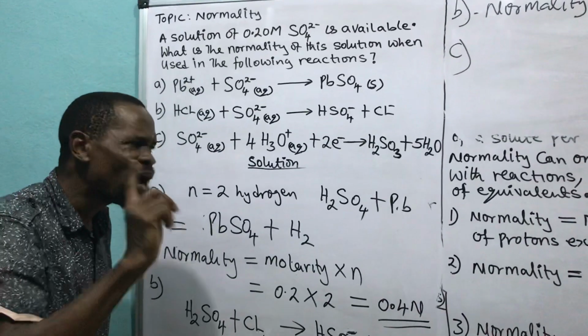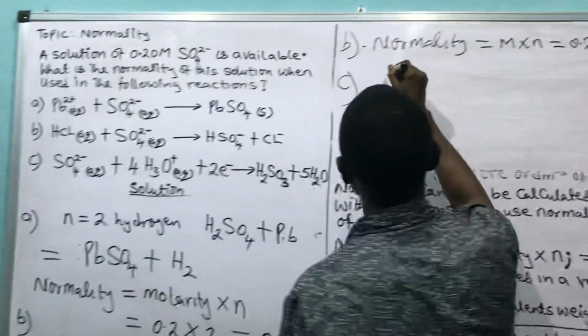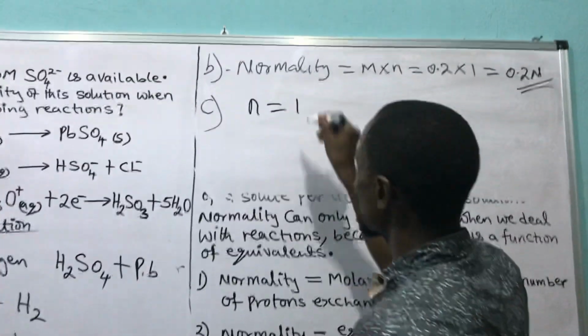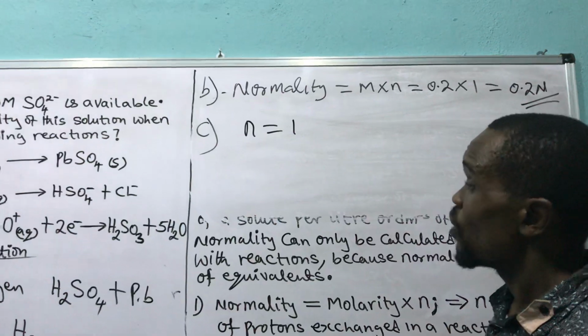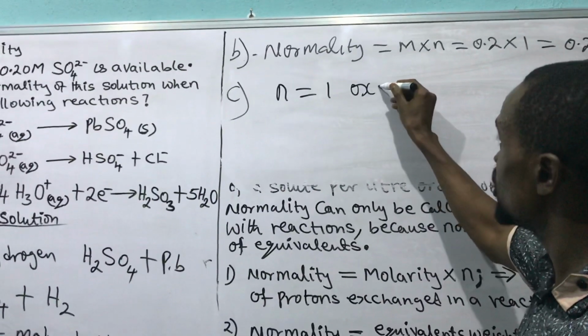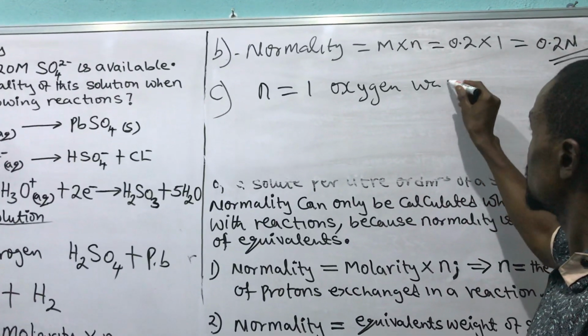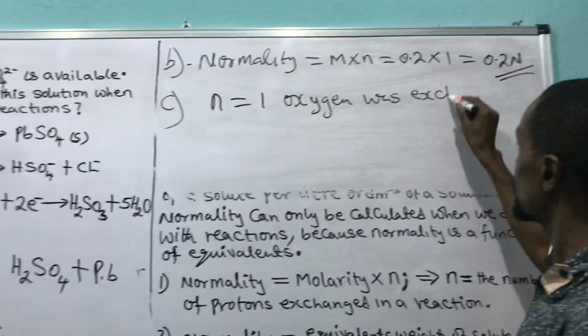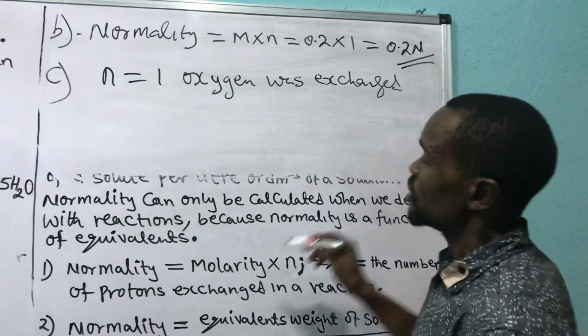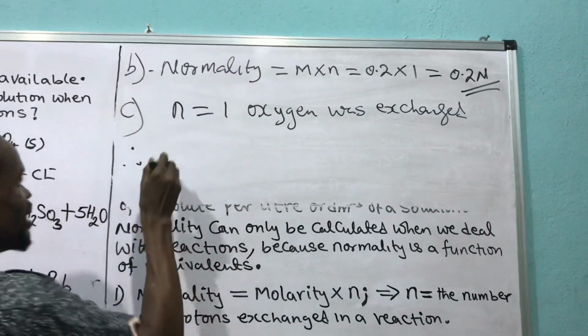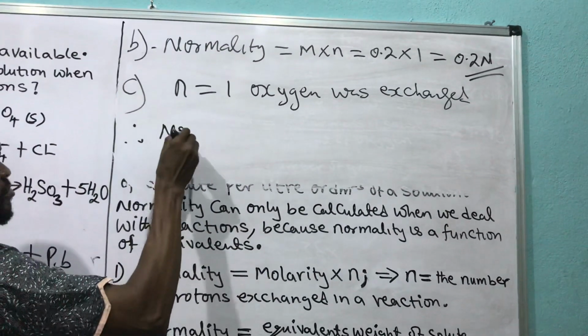Therefore, n is equal to 1. Are you getting what I'm saying now? 1 what? Oxygen was exchanged. Was what? Exchanged. Therefore, we now say normality